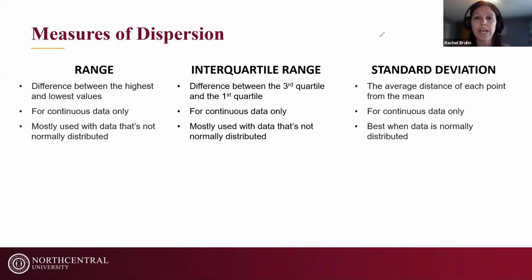The range and interquartile range are very similar. I think the interquartile range is more appropriate when you have some really unusual high and low values that kind of offset what's most representative, whereas the range is going to be more representative for data sets that don't have those weird, unusual values. Standard deviation, again, is probably one you've heard of and are a little more familiar with because you often see it paired with the mean, and it works really well for continuous data and for those normally distributed distributions that we're used to working with.